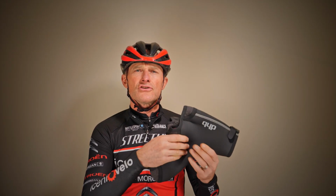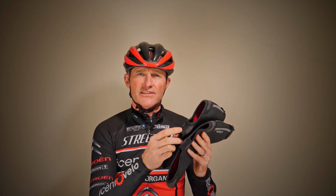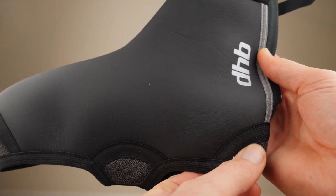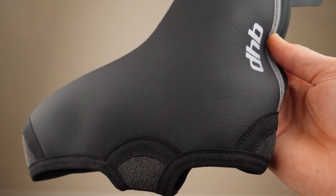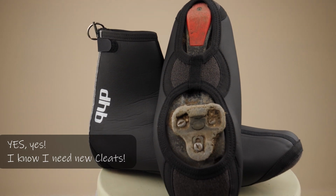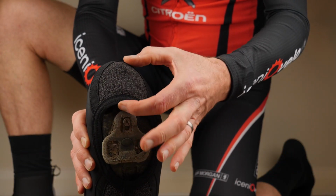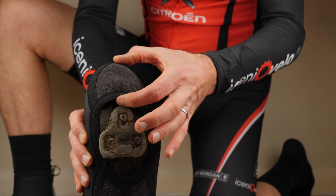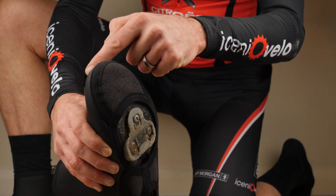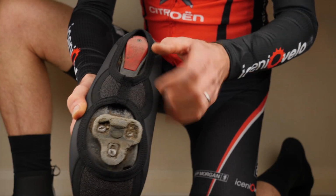The underside of the shoes features a robust Kevlar material, extending up and around the toe and the heel, preventing excess wear when walking in the overshoes such as cafe stops or on no cycling areas. The holes in the base for the cleats are shaped to fit snugly, minimising the amount of road spray entering the shoe from below. And you can see here that this Kevlar padded part is nice and long, so it's going to avoid flipping over the front of your toe. Here's the cleat area, and it's quite a nice fit around there, and there's this rear aperture here for the